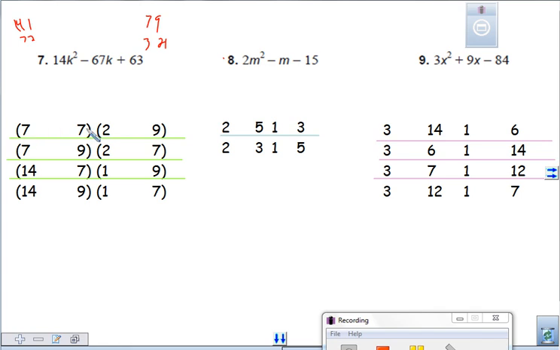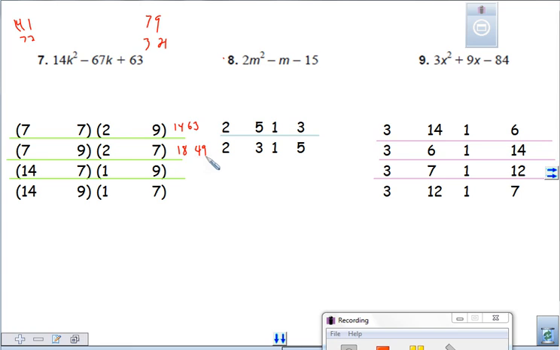So I write 7 and 2, and then my 7 and my 9, and then I flip my 7 and my 9. So I'm looking for my insides and my outsides. So insides are going to give me 14, outsides are going to give me 63, and I'm looking for 67, so that's going to be a no. Insides are 18, outsides are 49, so just double check, 49 and 18